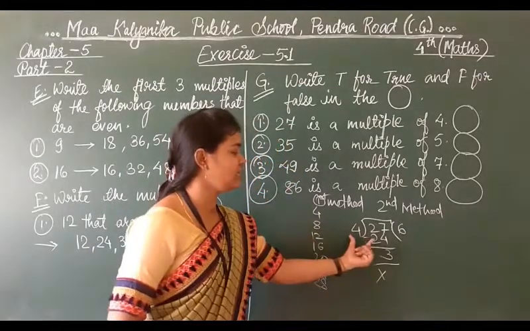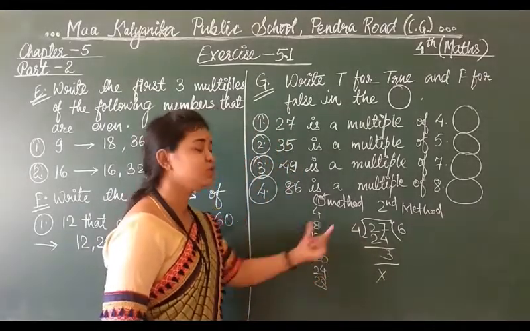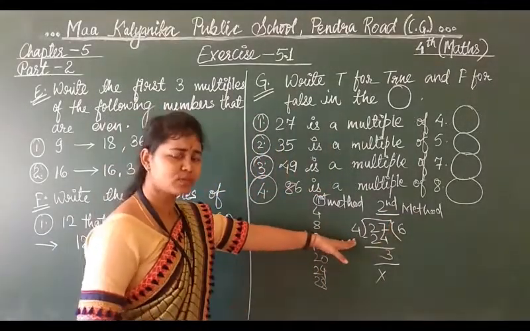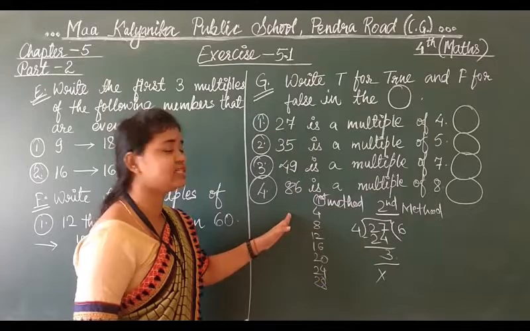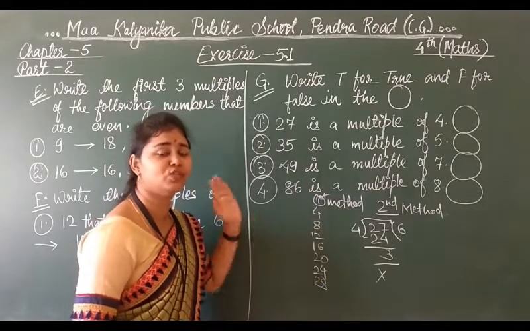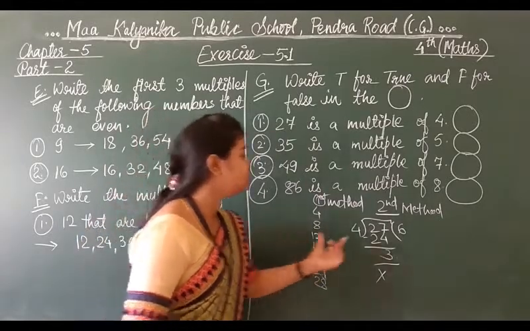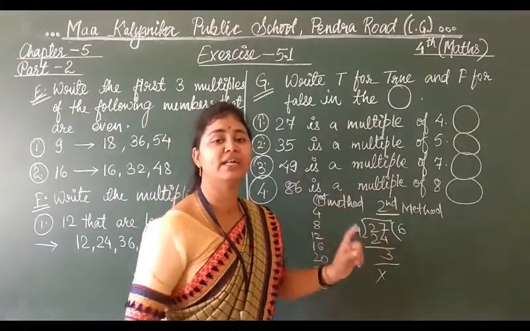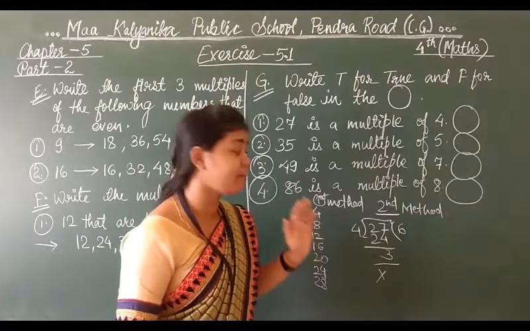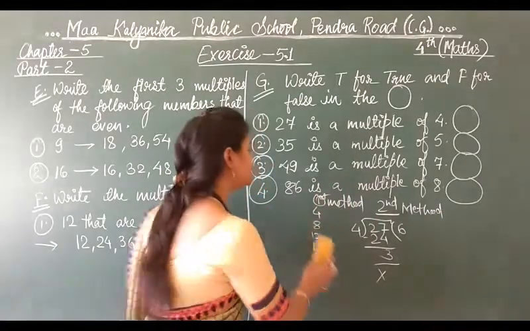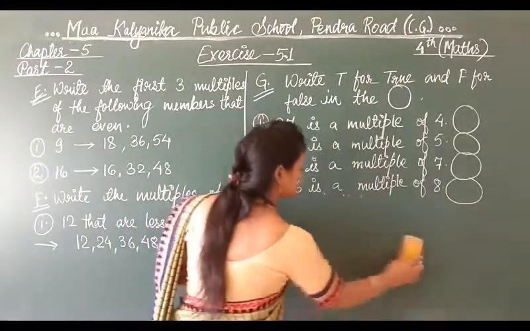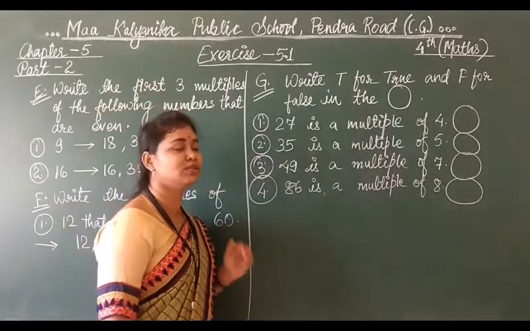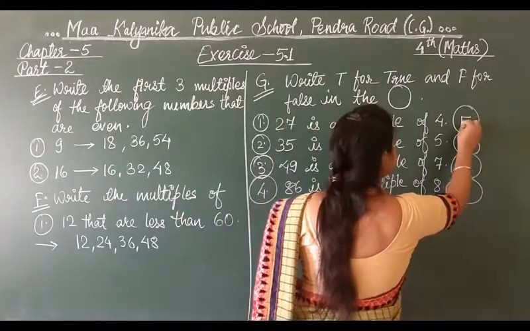So we can read it in this way, or in this way. The better option, I think, is the second method, that we can divide 27 by 4. If it is a bigger number, the first method will create a problem because you have to write the complete table and then check. But here you can divide, and if the remainder is 0, it is a multiple. If the remainder is 1, 2, 3 or whatsoever number other than 0, then it is not. So students, in this way we can check simply. Tell me the final answer. Is 27 a multiple of 4 or not? No, it is not.